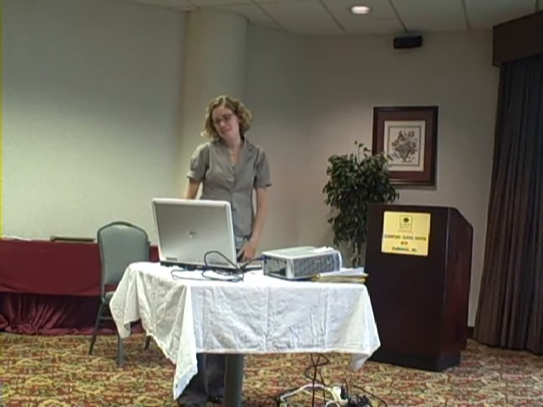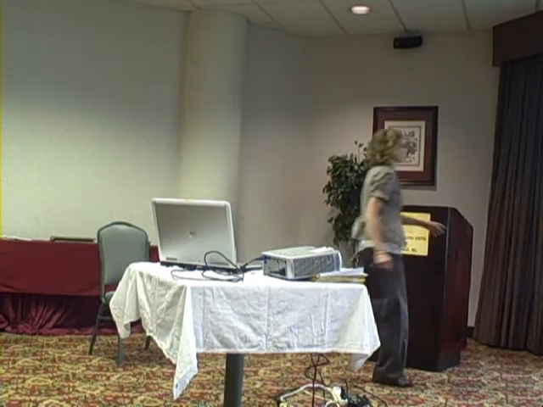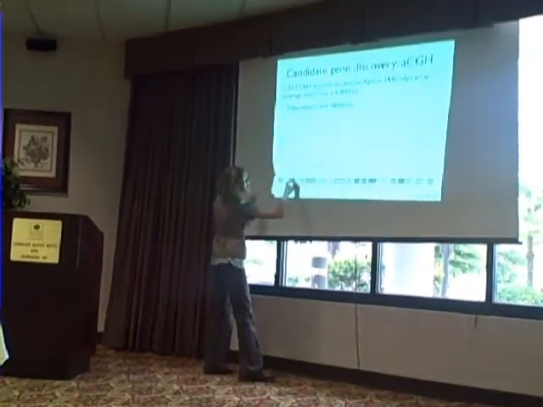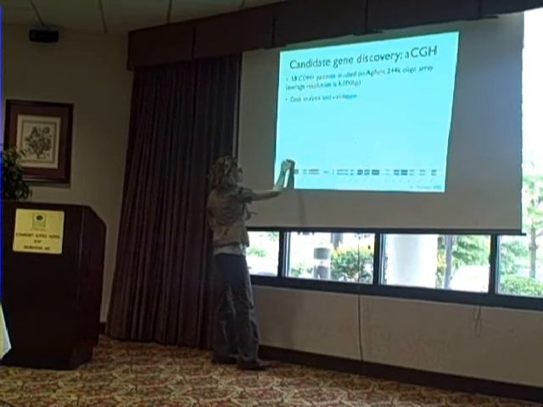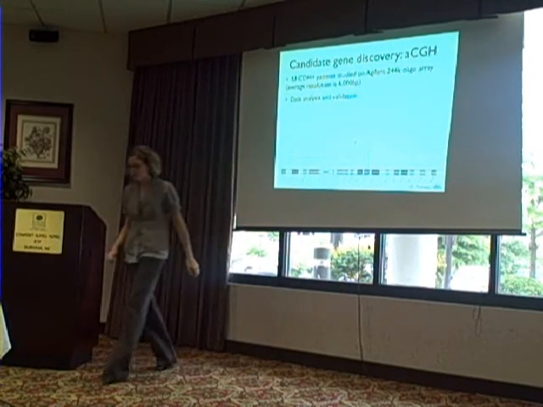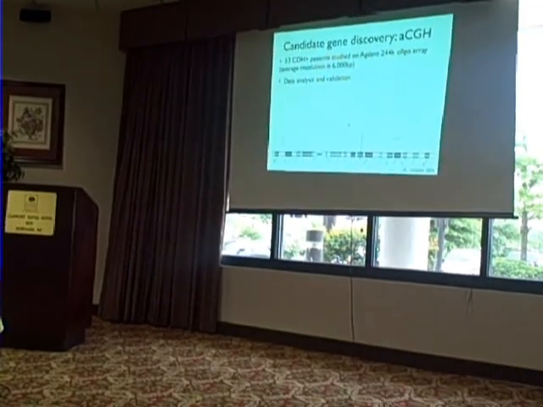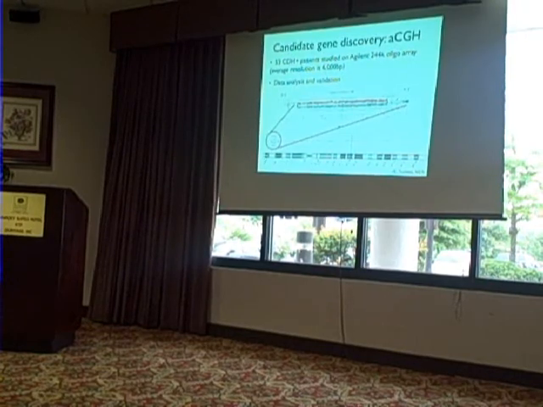So this is data output that we get from running a CGH scan, and you can see this is a chromosome lying flat on its side, and then this is actually the output we get, and this is the deleted region here. So if we zoom in on it, and this is actually taken from one of our patients who has a deletion on a particular chromosome. You can see that there